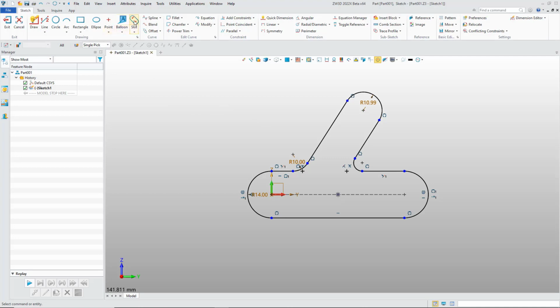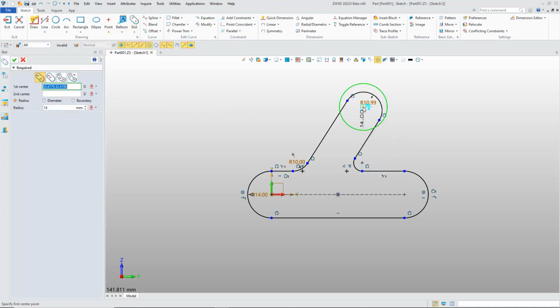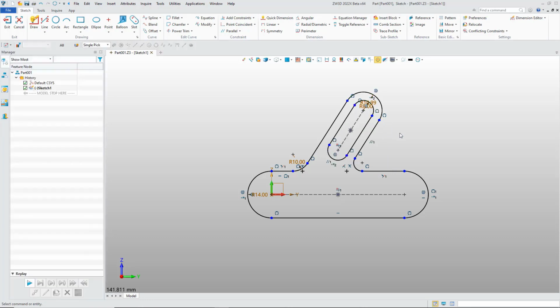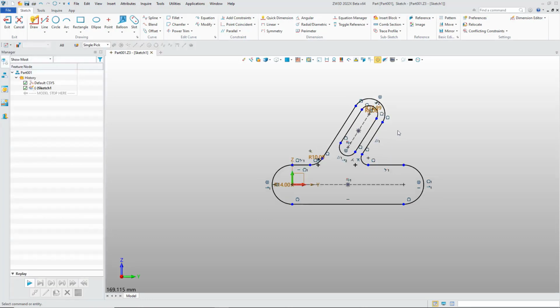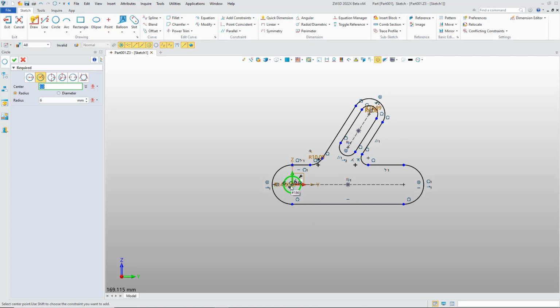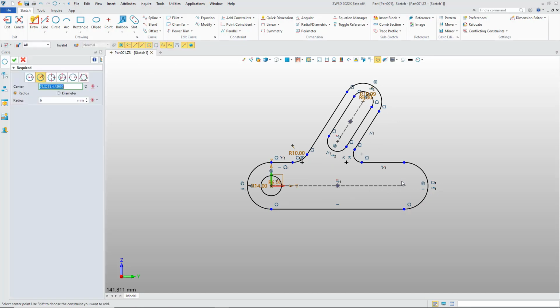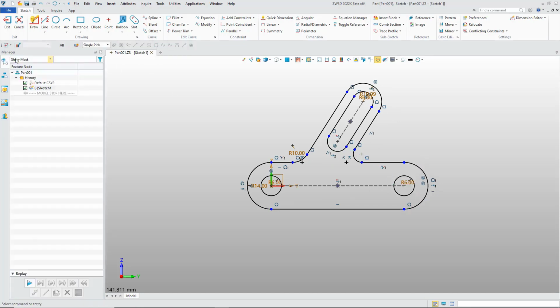After that, we insert another slot in this part, and as I showed in the PowerPoint, the radius for this part is 6 millimeters. Let's insert this one. Okay, we almost finished these joints, and we also need to insert the circle here. Okay, we finished the basic figure for this example, and after that, we need to add the dimensions and also